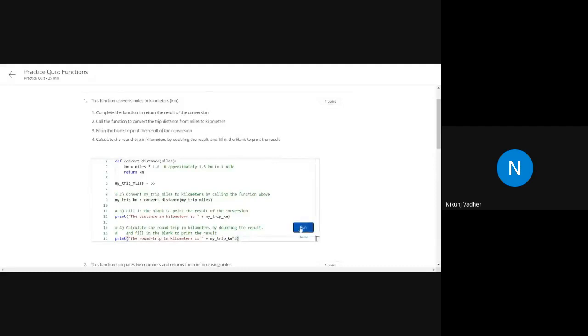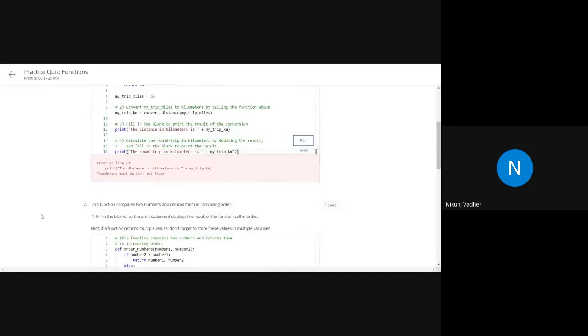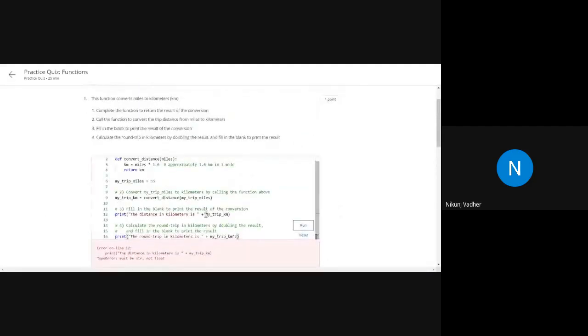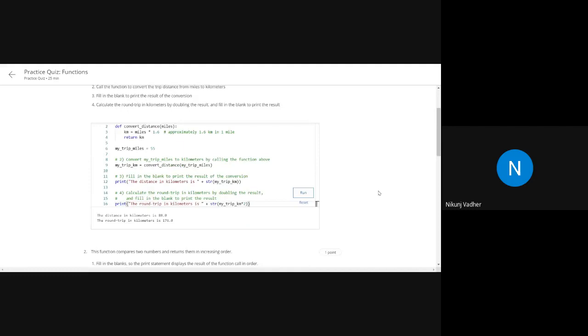If you execute, it shows an error. So here we have to write str everywhere. Why? Because we are using concatenation. So that's it, it's done.